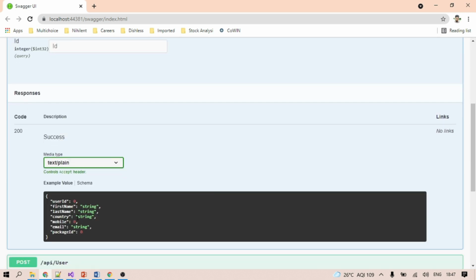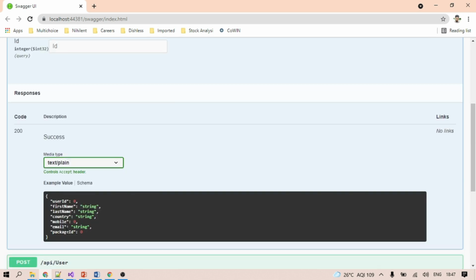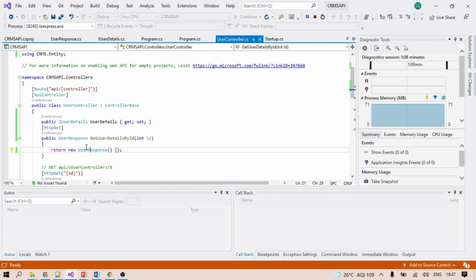But you see here its return type is our user response. See, package id, email id, country, first name, user id, whatever we expect to get for our method.